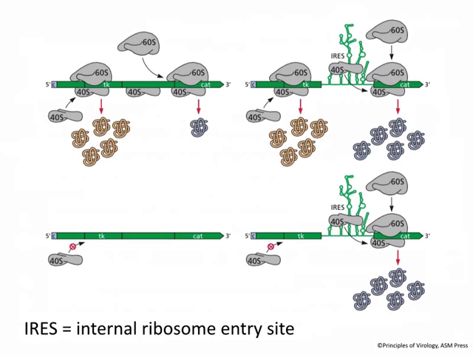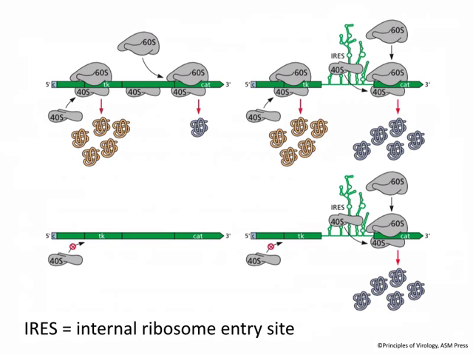Now, if you take the 5' non-coding region of poliovirus RNA and stick it in between these two open reading frames, I'm showing it to you as a highly structured RNA region, now you get efficient translation of both open reading frames, as shown by the same number of proteins. So apparently, ribosomes can not only bind at the 5' cap, but also bind internally and initiate at the AUG of this second protein. So this was called an internal ribosome entry site, or IRES.